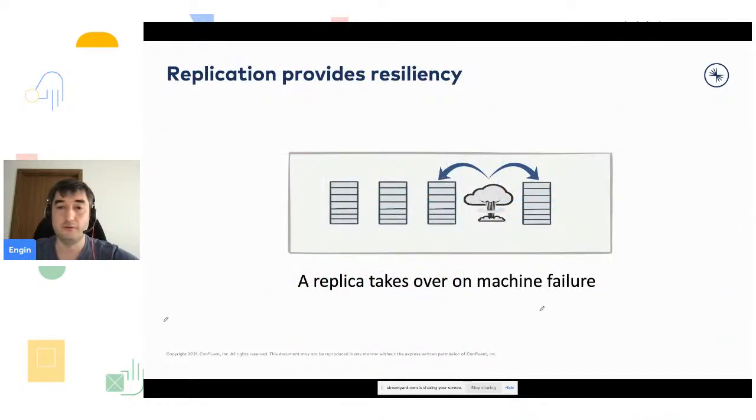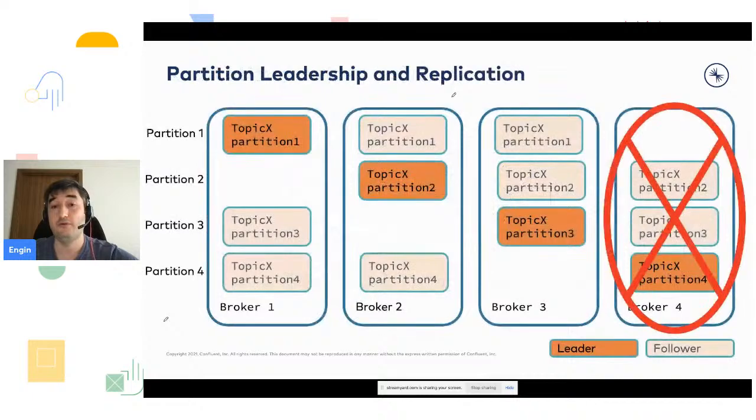Like we cannot do anything. It is meant to fail. So how can we provide the resiliency if there is a machine failure? In that case, if you look at the Kafka terms, we have the 4 brokers and broker 4 is down. The only affected topic for the writer and the reader side is the partition 4, because this one is the leader,